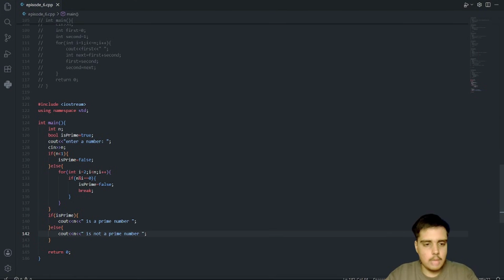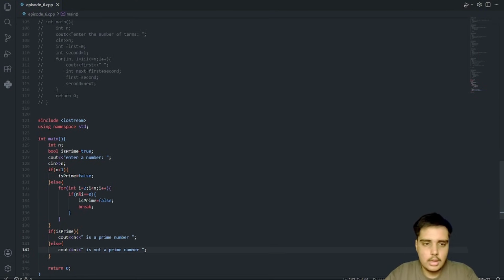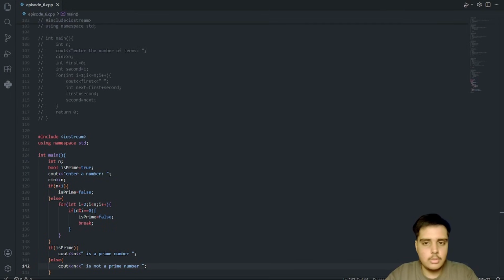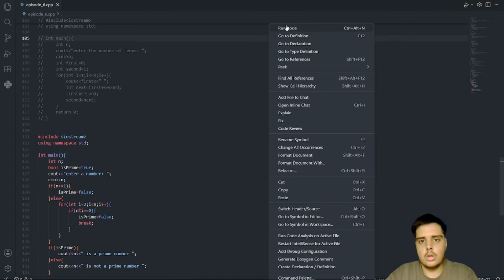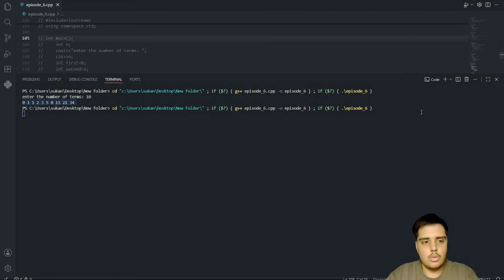So yeah, I believe my code is correct and it's up to what should be done. I believe here I should take less than equal to. So now when I run the number and I say enter the number 21, it says 21 is not a prime number. Why? Because 21 is divisible by 3 also.